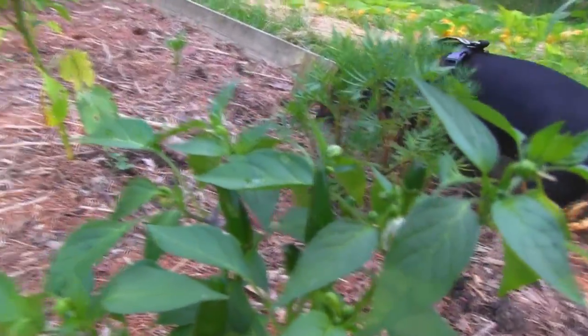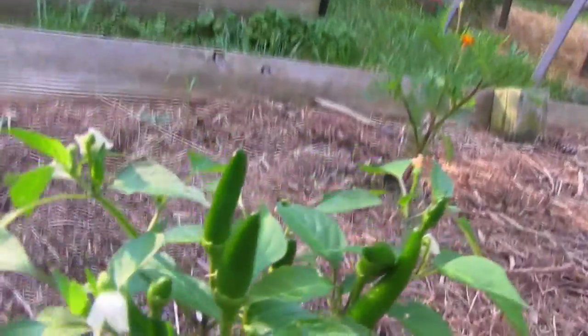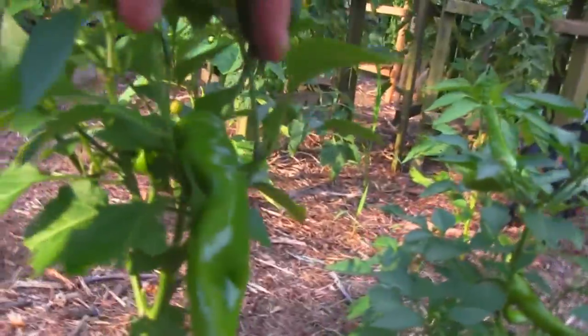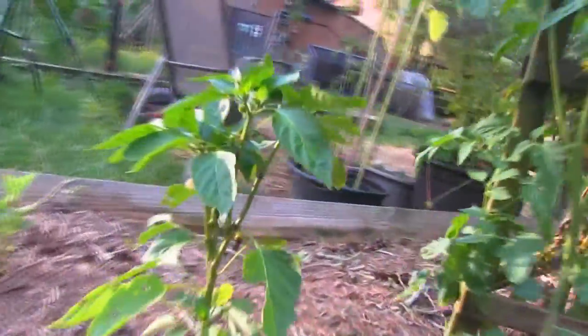These guys are Tequila Sunrise, and they're coming in okay. You can see quite a few of those. They'll turn a nice orange color before we're all done. These are Melrose peppers, and as you can see, we've got lots of those guys coming in. So they're recovering from their slow start. That's good. And this is California Wonder, which are blooming and just starting to set some fruit,